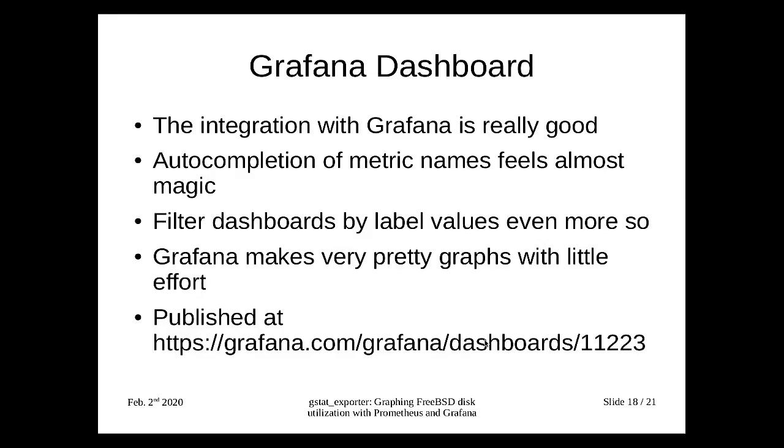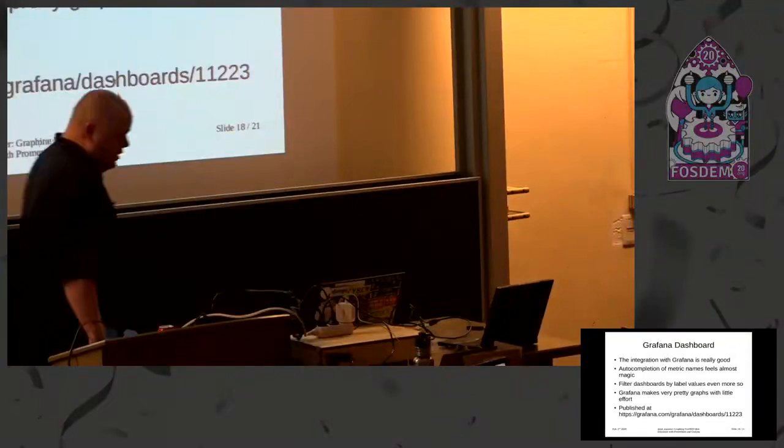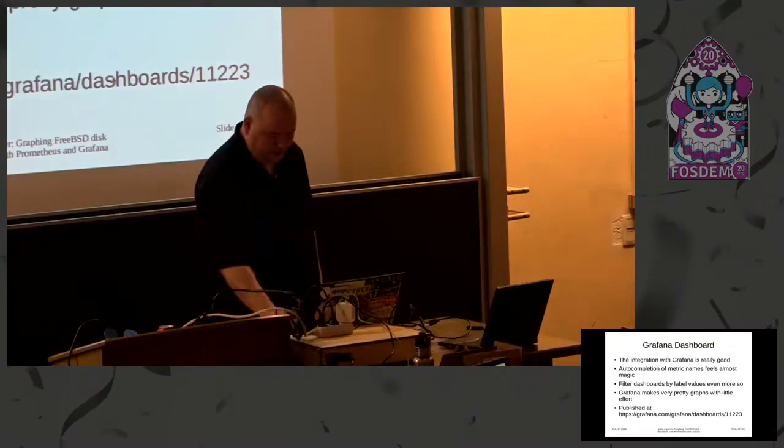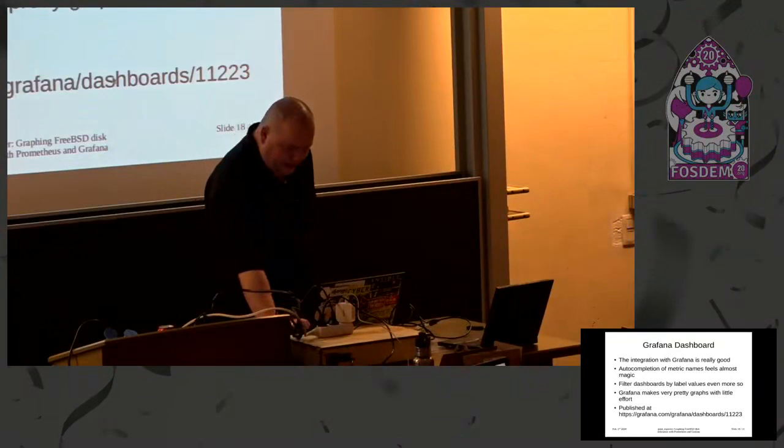That means I can easily in Grafana just select one disk if I'm suspecting that one disk is foggy, or select only the 5400 RPM drives across all servers if I should, for some reason, have the need for that. I published the dashboard at the Grafana dashboard publishing place, and